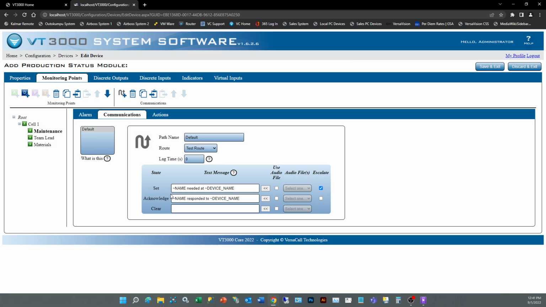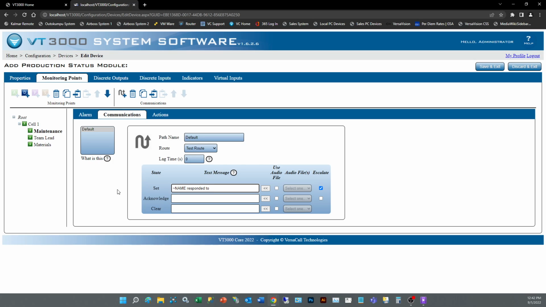So that's what these would show. This one would show maintenance responded to station 33. This would show maintenance issue resolved at station 33. If that's not what you wanted it to say, which may be the case in this scenario, what you may want to do is say, we could use that name piece, right? So that would be that maintenance, but instead of saying